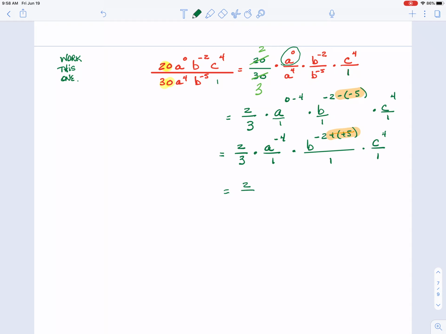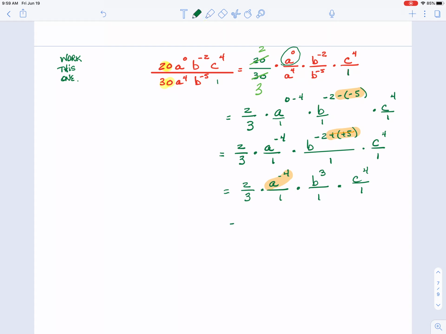All right, so let me take one more line to sort of finish this up, and then we'll put it back together. This is the part that needs work. This is going to come out to a B to the +3rd. Alrighty. So finally, the last thing I want to call your attention to is this A to the -4th. We don't want to end with negative exponents, so I'm going to do one more little thing as I put